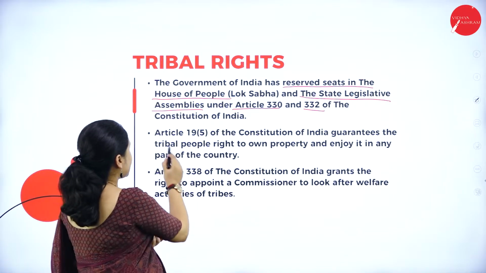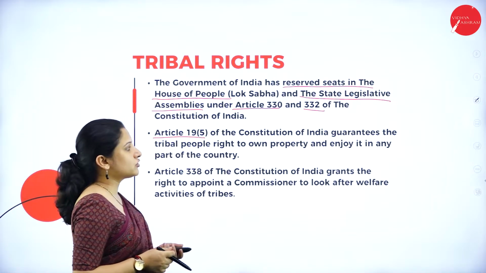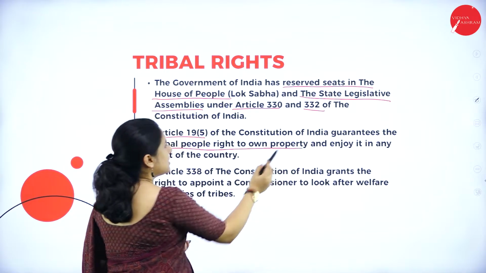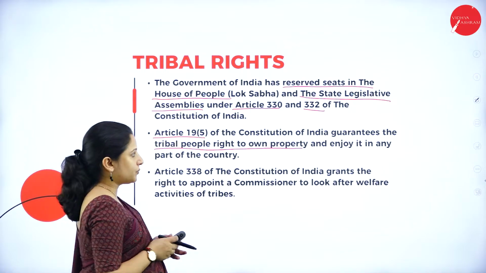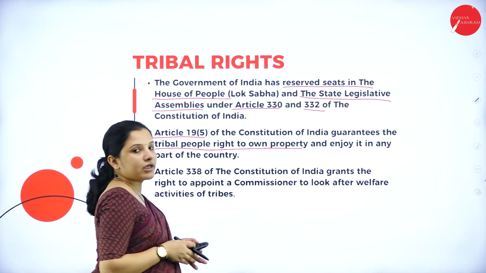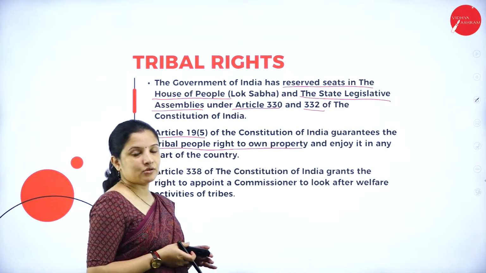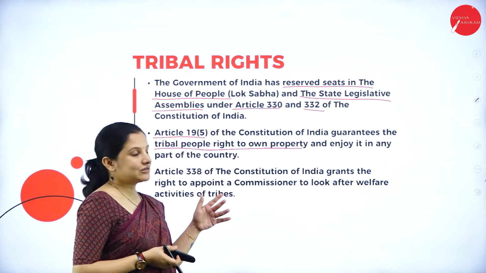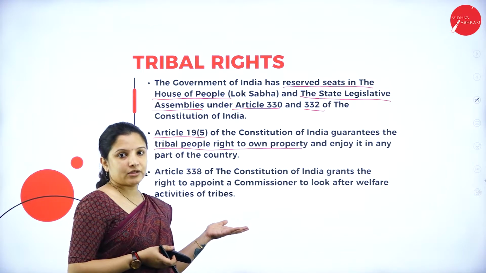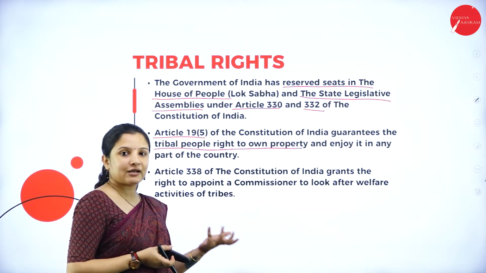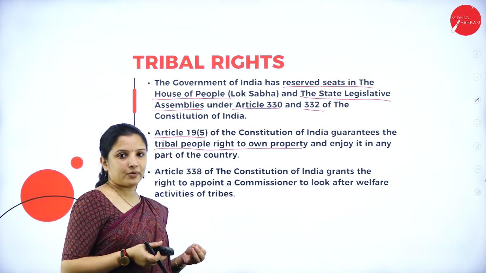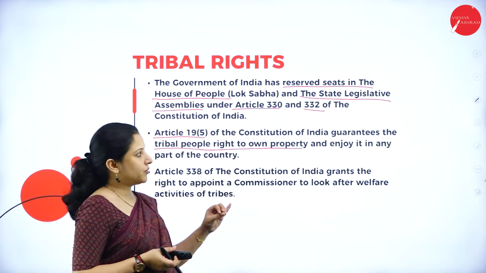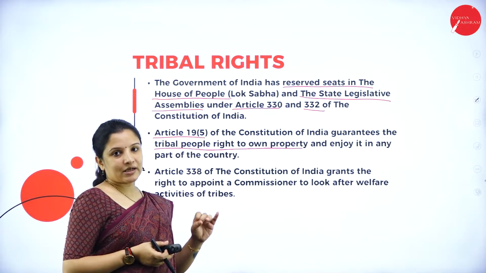Next, Article 19(5) of the Constitution of India guarantees the tribal people the right to own their own property and enjoy it in any part of the country. We had spoken about land rights in the previous slides, right? So how land rights are given to them. They don't have properties like other people. Forest is their only property. So they have been given their own rights to own property and they can enjoy these rights in any part